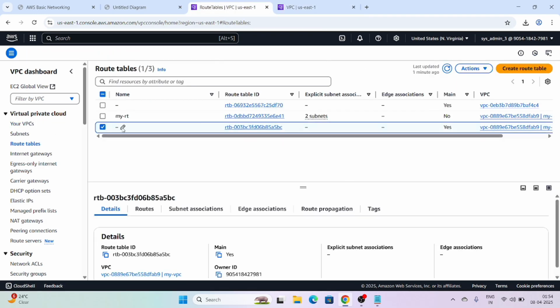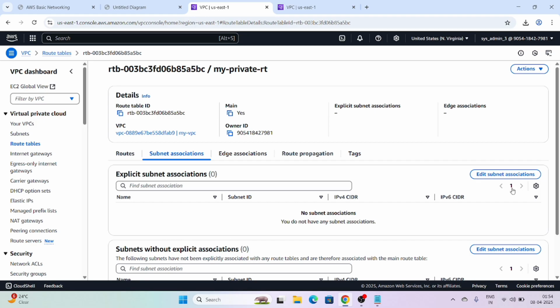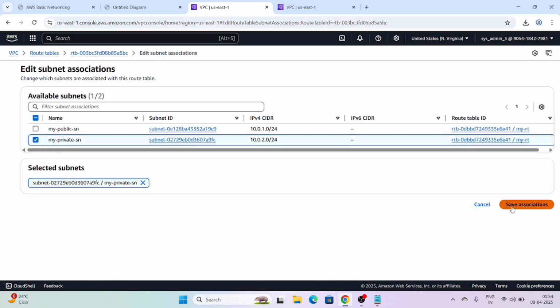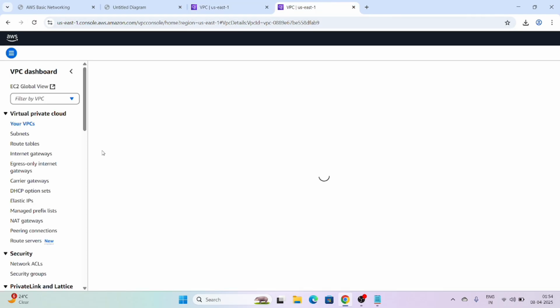So I'm just going to rename that one my private routing. Save. And then I'm going to open that and then edit subnet associations, and then the private SN, save associations. All right. So now if I load it,